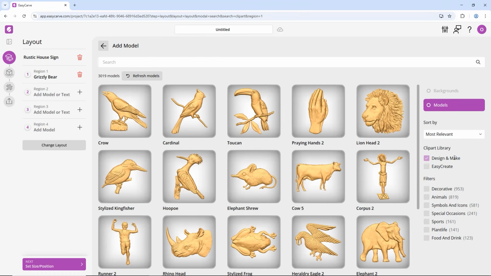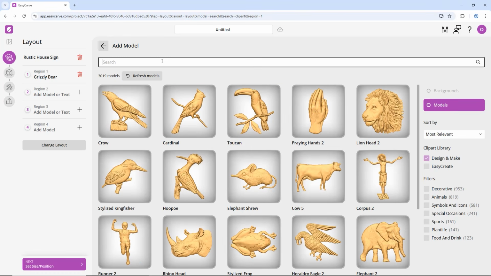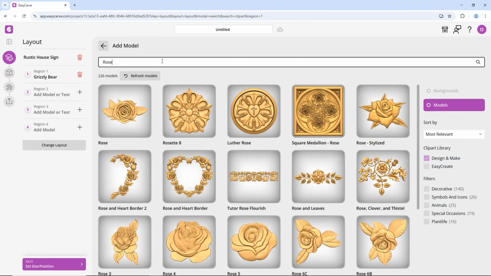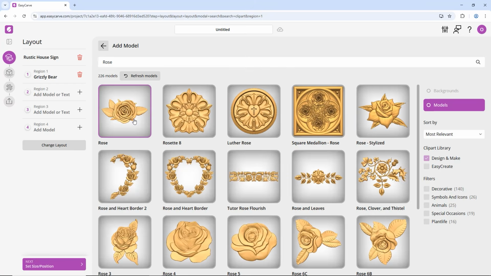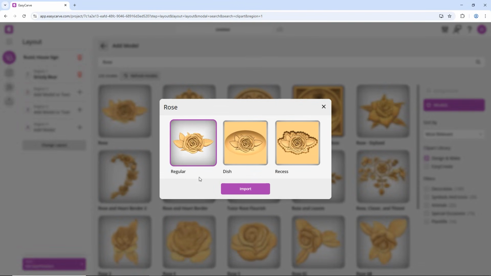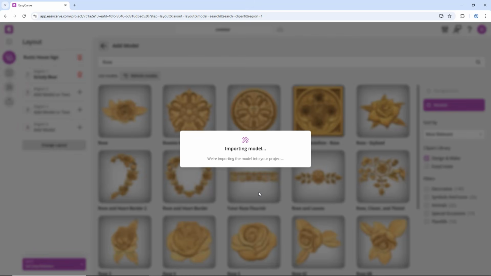Now for this again, we only want to see design and make models, and I want to find a rose. So I'm going to click on this rose option here. Now you can see here, as mentioned earlier in the video, along with the regular option, we do have the dish or recess option. So if I select the dish option here and import